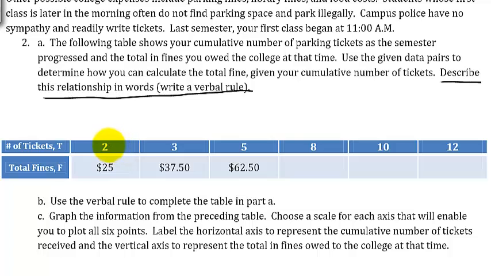And so how do we figure out what's the total cost of each ticket? That's what we need to figure out. And there's two ways that I would do this by looking at this table. So I have the cost of 2 tickets, so you could do 25 divided by 2. The other way that you could do it is you could take the cost for 3 tickets and subtract the cost for 2 tickets, and that would give you the cost of 1 ticket. And so if you do 37.50 and subtract off 25,